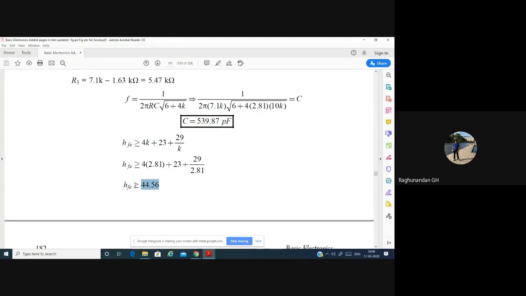They'll ask like this: check whether the given transistor with its parameters or with its resistor values is able to produce oscillation or not. They'll even give you the HFE value. They'll tell you a transistor has an HFE value of 100. Check whether this circuit is able to produce oscillation or not. Then what you have to do is use this equation, and the formula for K is RC by R. RC means resistance across the collector. R means resistance of the feedback network.